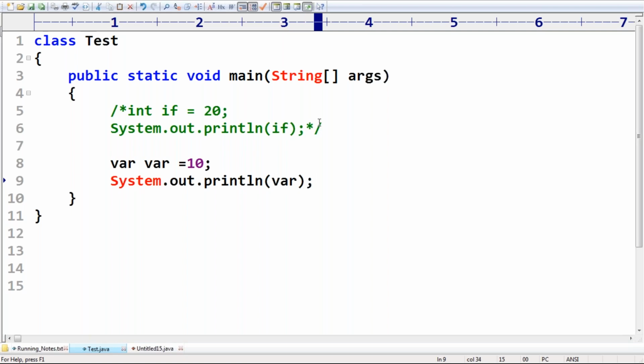Can you please tell me, is it valid or invalid? Don't try to execute, just listen.